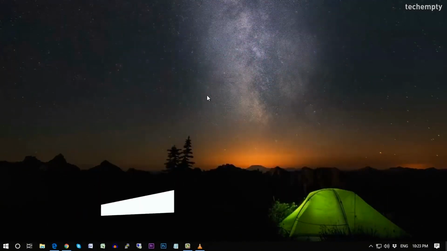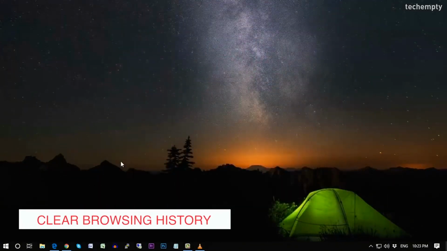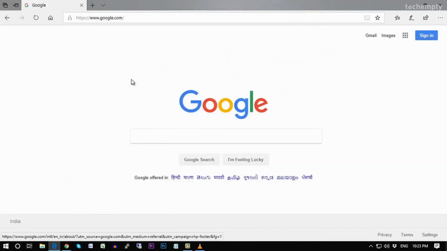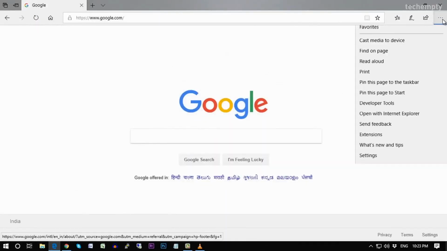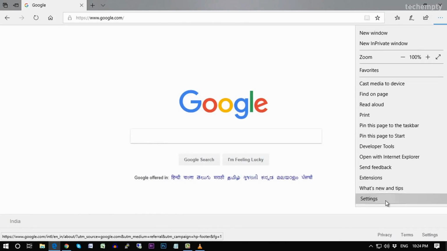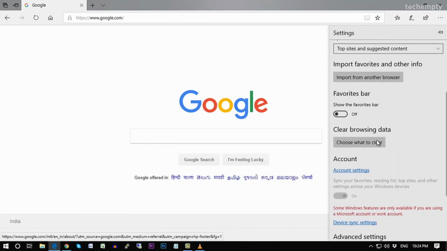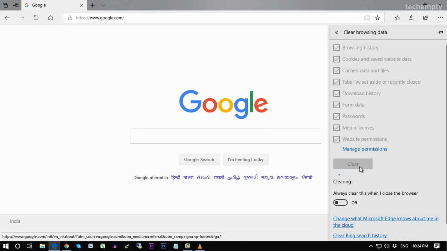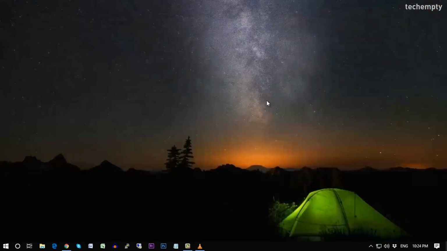Fourth one is clearing the browsing history of Microsoft Edge and Chrome, as I have them. You can try clearing the browsing history of all the browsers that you have. So now going with the Edge browser, open it and choose these three dots right here and choose Settings. Now at the center, click on Choose what to clear under Clear Browsing Data. Tick what you want to delete and choose Clear. Alternatively, you can opt for the option to always clear this when I close the browser, if you wish to clear browsing data regularly to remove junk files to clean your Windows 10 computer.